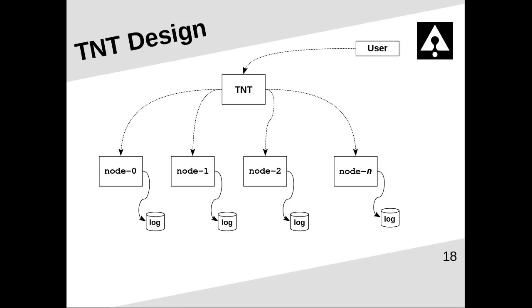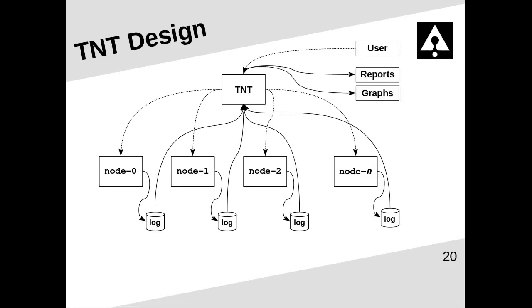And if you leave them alone and you let them start up the way they want to, they'll start that log in trace mode. So the logs get pretty big pretty fast. And then TNT will suck in information from all those logs and use that information to generate reports and graphs for the user, and also just let the user look at the logs. And so you can tell what's going on in the nodes. You can see each node's view of the situation, and just tell what's going on and whether your test is passing or failing.